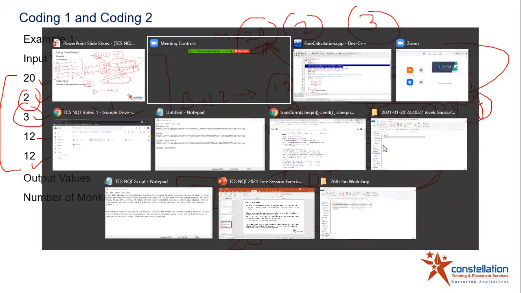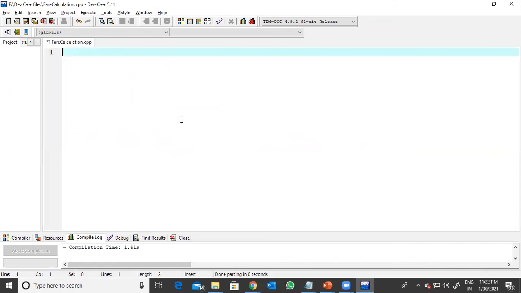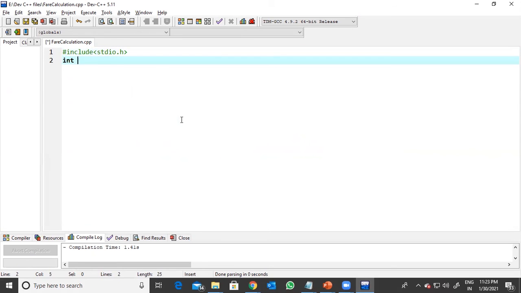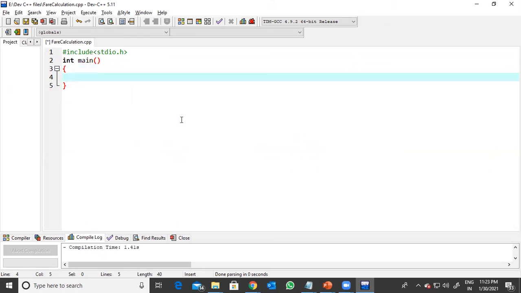Okay, so without wasting any time, let us go to the coding. Okay, so now let me delete everything and now I'll write it once again. Okay, so #include, I'll write the program in C, stdio.h. Okay, no doubt till here. It's very simple. int main. Now some people write int main, some people write void main. So it's very simple. It is all about the return type. I want to return a 0, right?